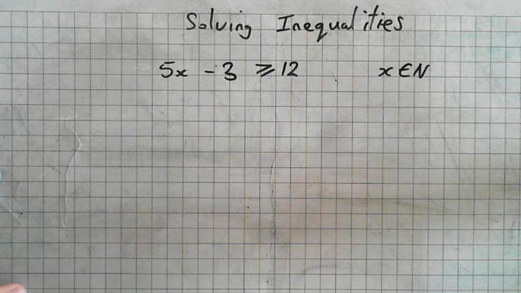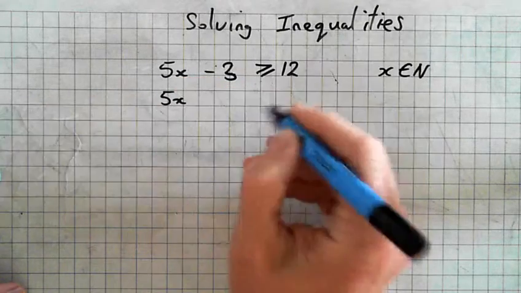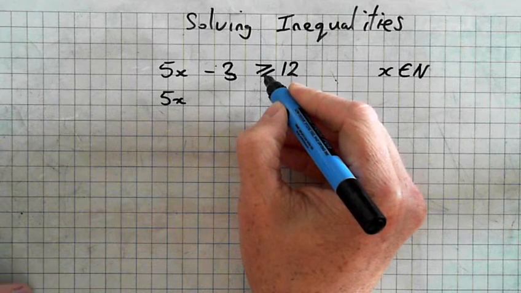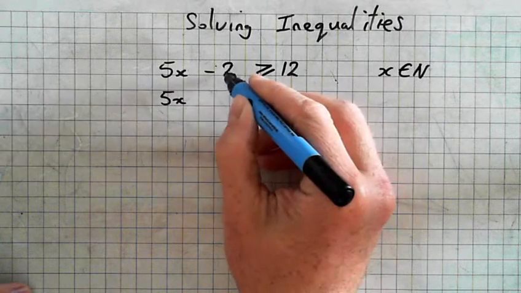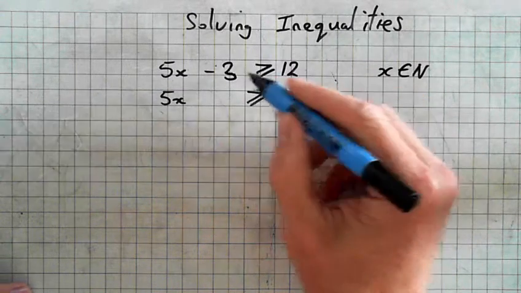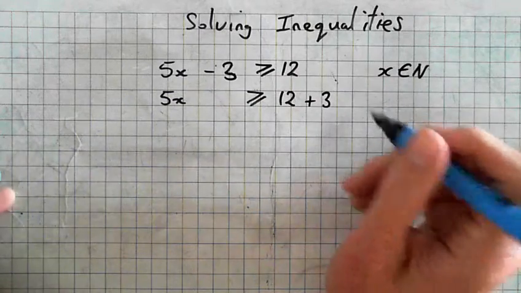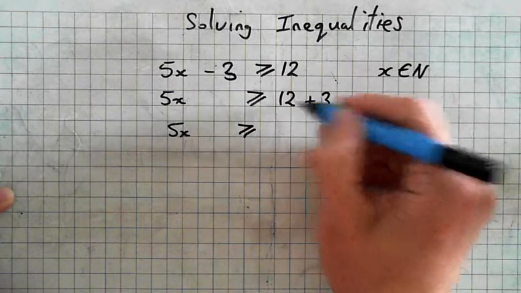Right, this inequality. What we're going to do is keep the x on the left hand side. We're going to treat this like an equals to begin with. Greater than or equal to 12 is there, and we're going to move minus 3 across, and it becomes plus 3 when you move it across. So now we've got 5x is greater than or equal to 12 plus 3 is